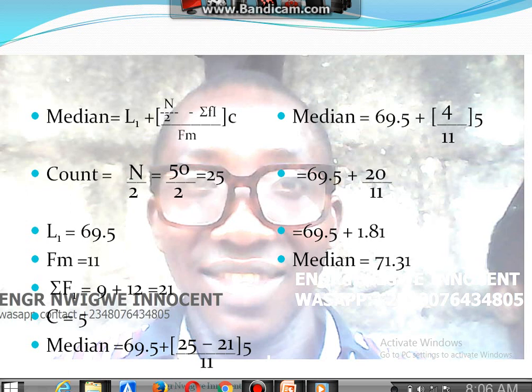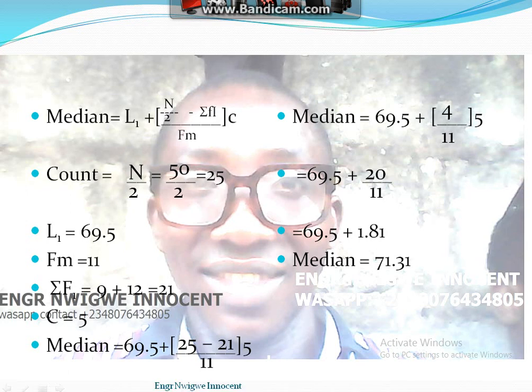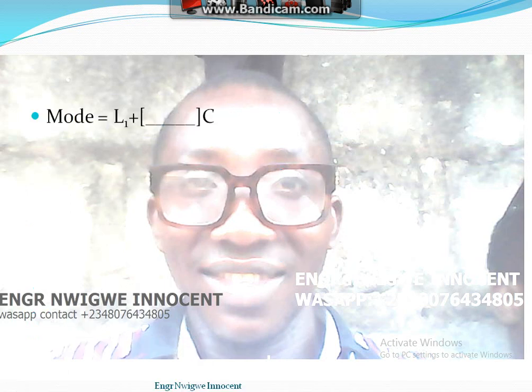The mode is equal to the lower class boundary L1 plus data 1 over data 1 plus data 2, times the class boundary. From the count, it is equal to n, the total number of frequency, over 2, which will now give us 50. Total number of frequency is 50 over 2, which will give us 25. So the lower class boundary is